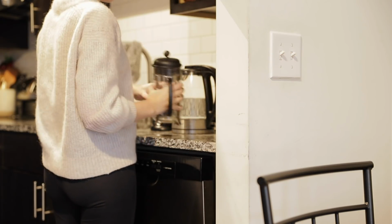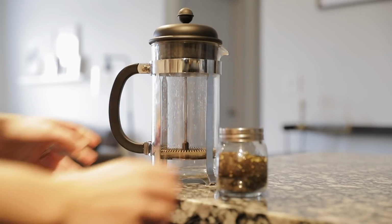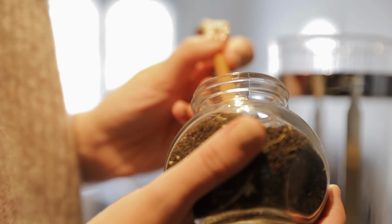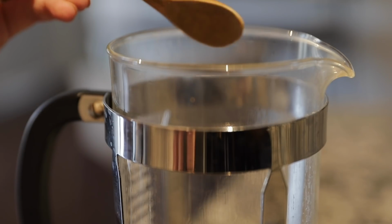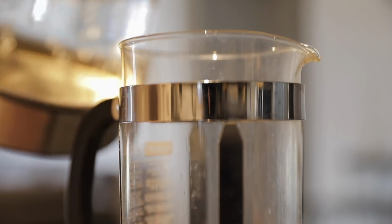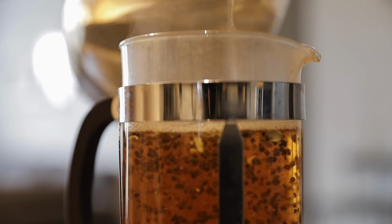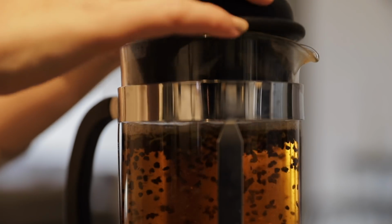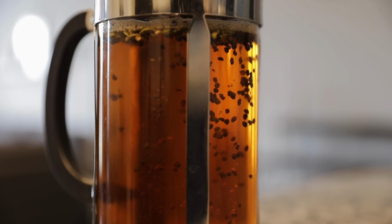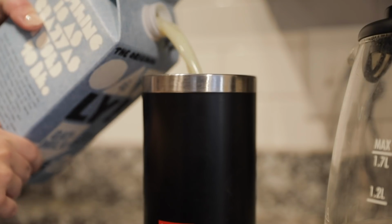During the winter, I tend to drink a lot of tea, so I'll get out my French press, which is enough to make 2 cups worth. And I like to switch up what tea I'm going to have from day to day, but one that I've been enjoying a lot recently is this classic Indian chai. One of the most fun things about tea for me is just watching the tea leaves swirl once you put the water in. And then while the tea steeped, I got out my milk frother and poured a bit of